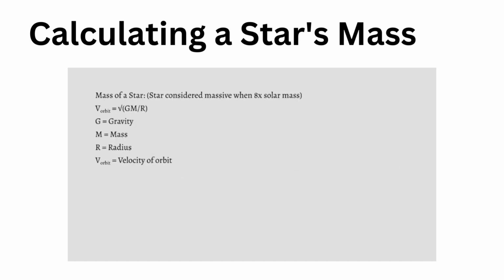Now, we have to find the mass of the star. Currently, you have the equation: velocity of orbit equals the square root of gravity times